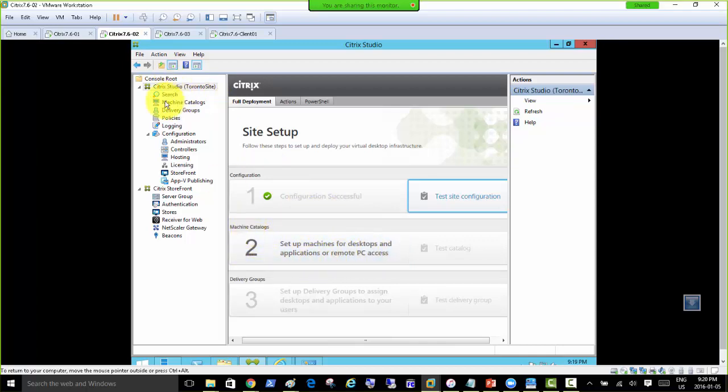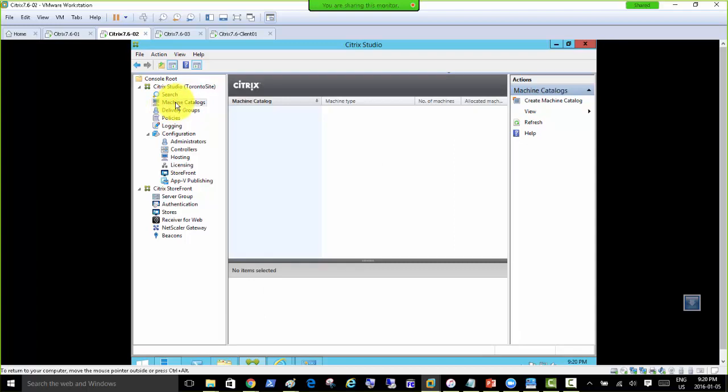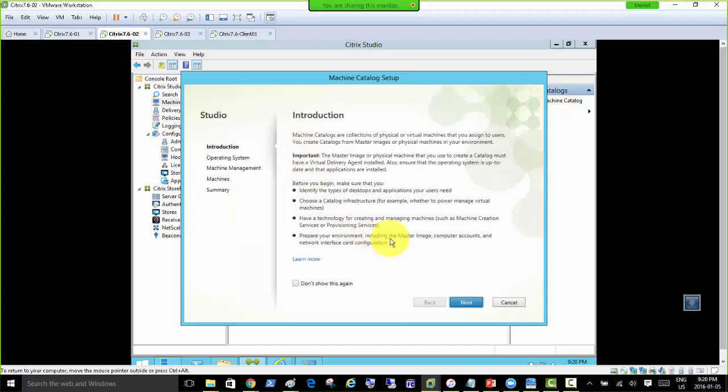This is machine catalog, which we are going to go to anyway. If I click the machine catalog, it's expecting us to define the machines that will be used in this environment to publish applications and to deploy remote desktops. So I'm just going to click this create machine catalog, and now here machine catalogs are collections of